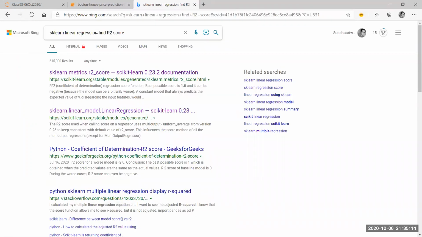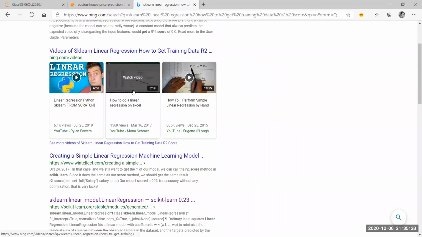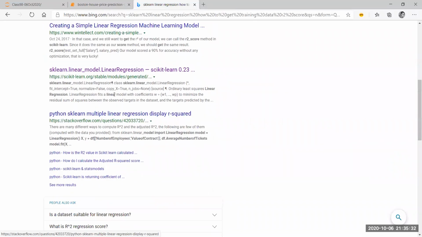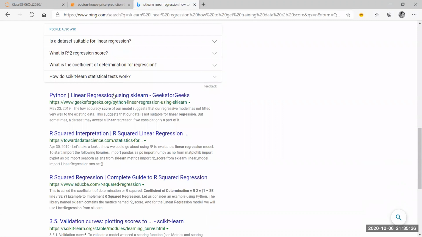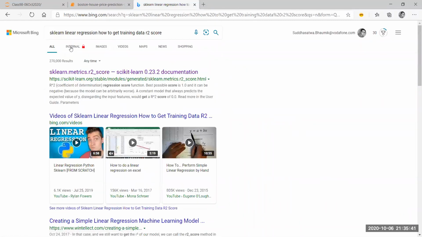Yeah. So I'm just trying to find one more thing. Let me find this. Sklearn linear regression, how to get training data R2 score. Okay, I think... no, I'm not able to find it.